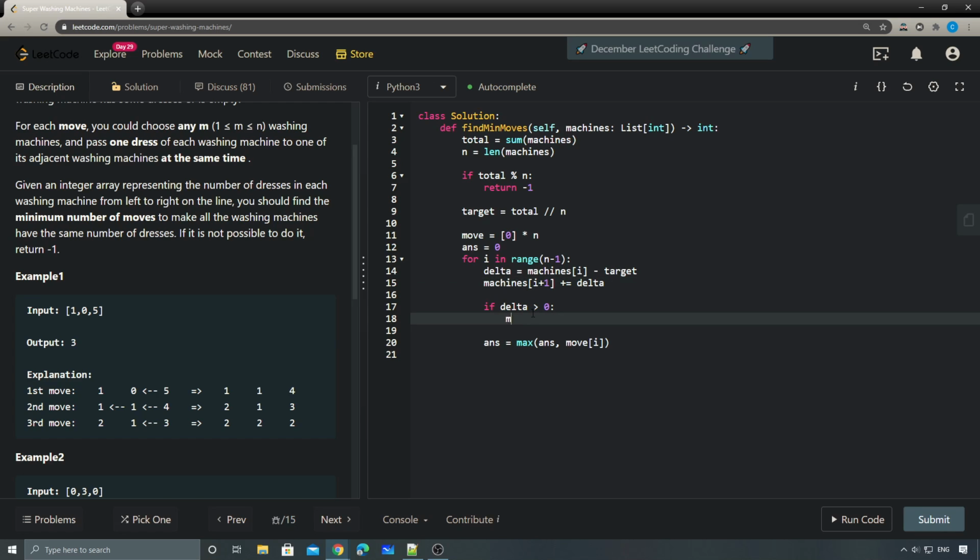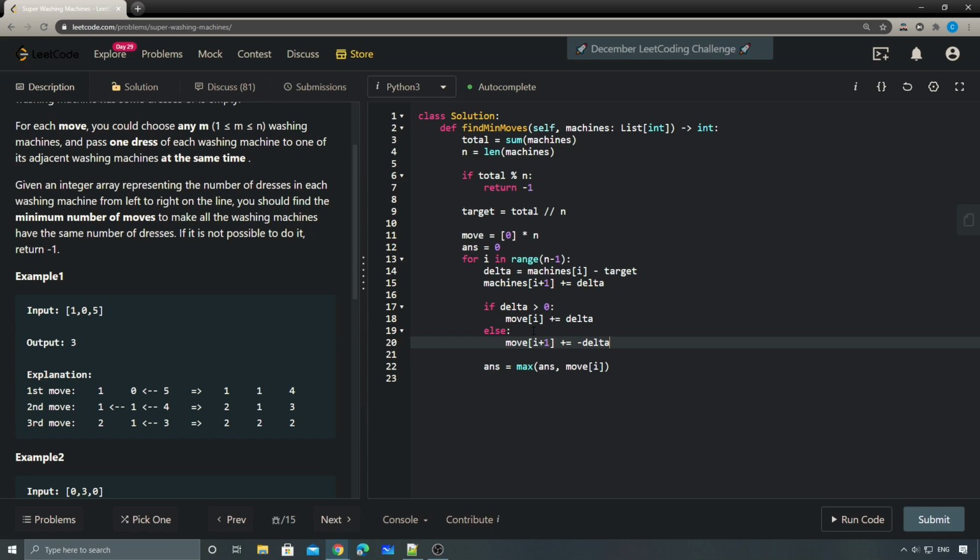All we care about is that we have moves[i] plus delta. Why are we only adding moves[i] with delta when the delta is positive? Otherwise, we're going to do this with i+1,